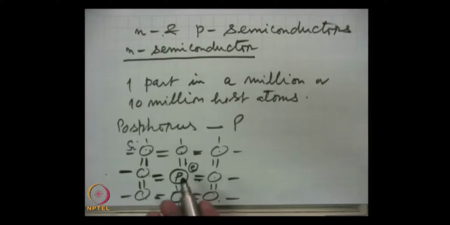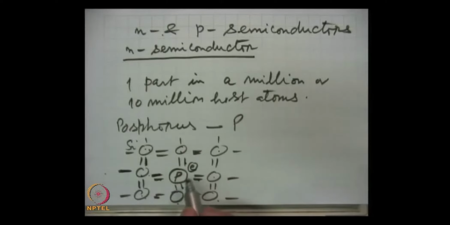The real part of the dielectric constant for silicon is around 11.5, so the force on this electron from its parent atom phosphorus is reduced further by that amount, and it works out that